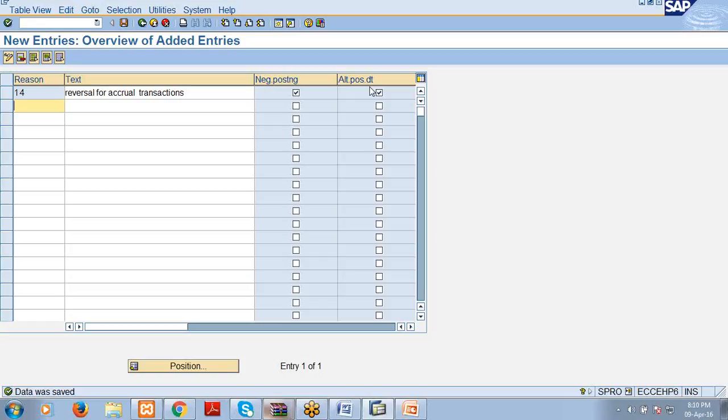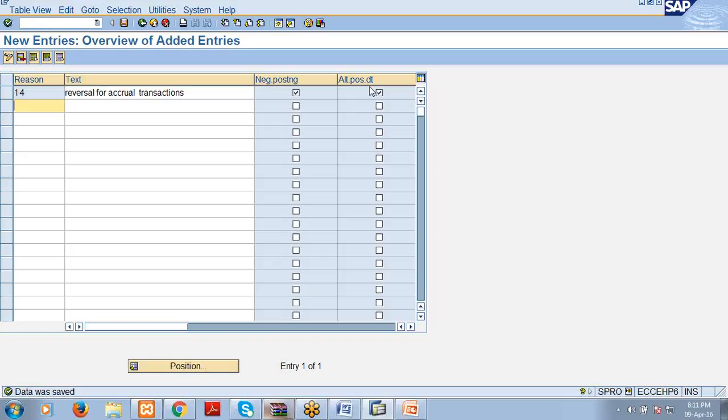By selecting this indicator, the system allows the user to post the reverse document